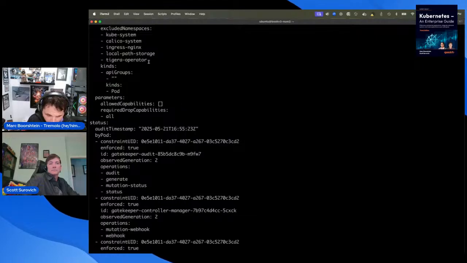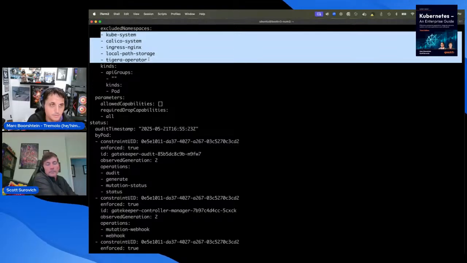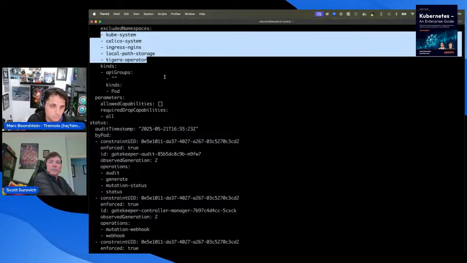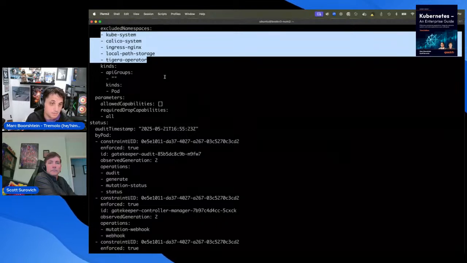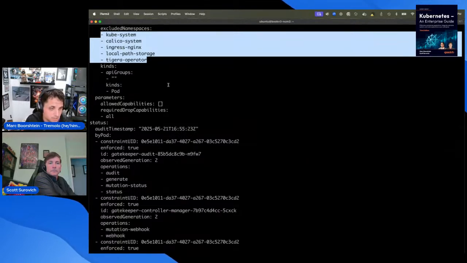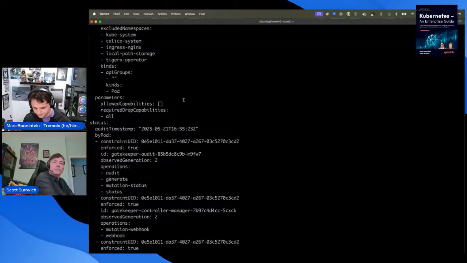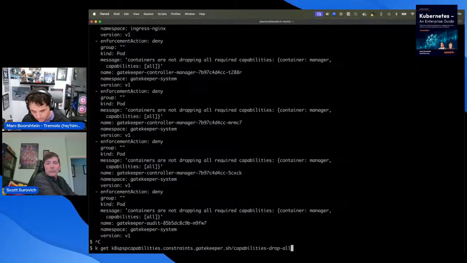So over here, this is where we updated it, and we said, okay, at a policy level, we're going to say exclude namespace. And we added the ingress-nginx namespace in here. Now it's going to take a hot minute for this to run. Let's see here. Did it finish running?